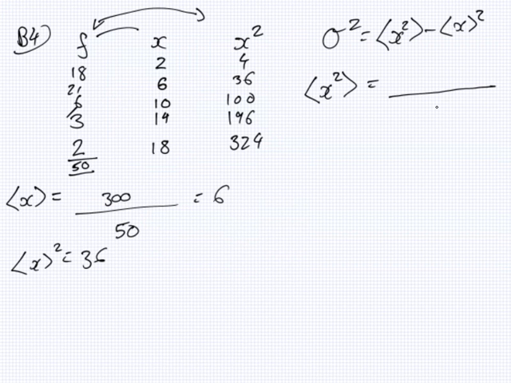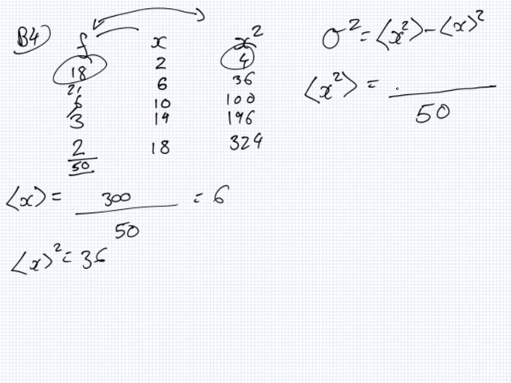The total is still 50 though, isn't it? There's still 50 of them, but I need to multiply this by this now. Right, 18 times 4 plus 21 times 36 plus what's next? 600. And next is 3 times 196, and lastly 648,